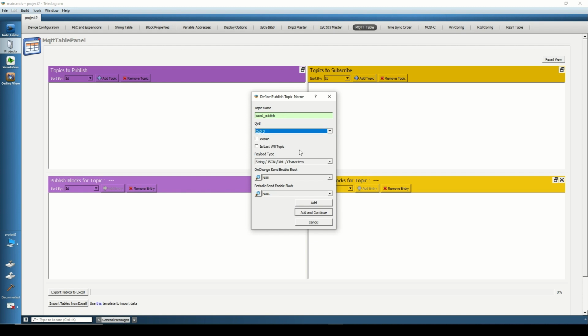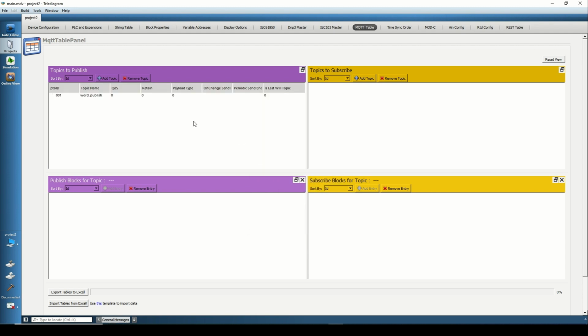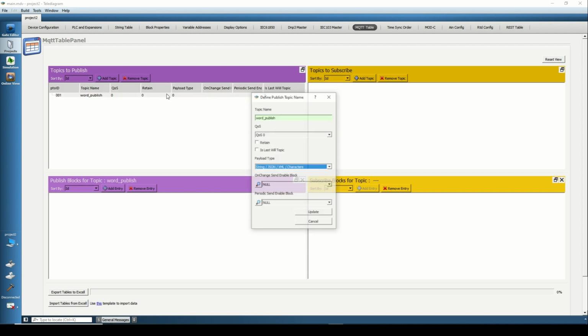Here we define the payload type as a string. We make our choice and start adding. We are actually creating the category to be published. Then we enter the blocks to be published under this title.